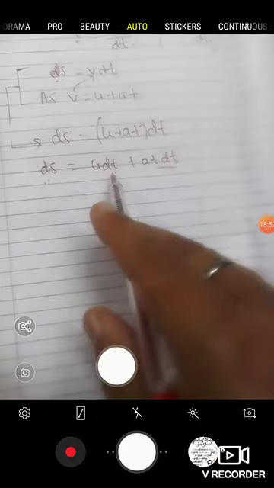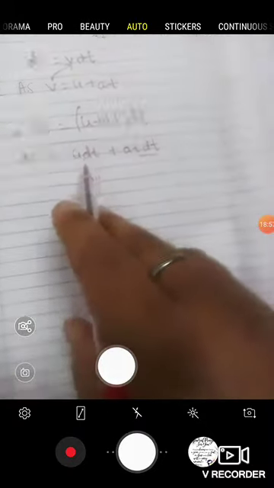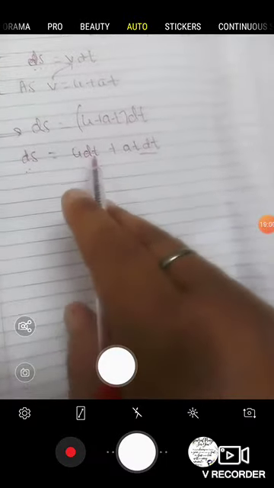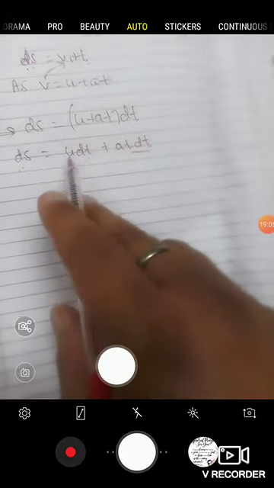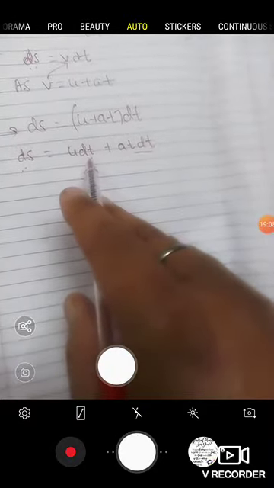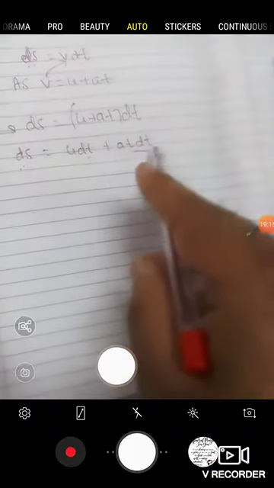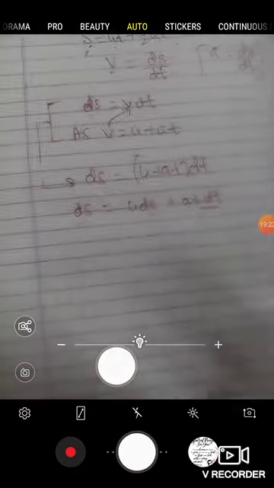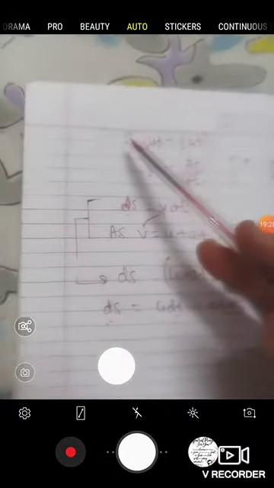a will be outside. Again I am repeating, integration can be done only of those which have a small elemental value. Here dt is a small elemental value, so I will integrate only this. If it is u du, then I will integrate u du both. If it is t dt, I will integrate t dt, but here now a t dt is there, so a will be outside. So I am going to put the limits. But before putting the limits, I should know what the lower limit and the upper limit should be. In the formula, we can see that there is only s.